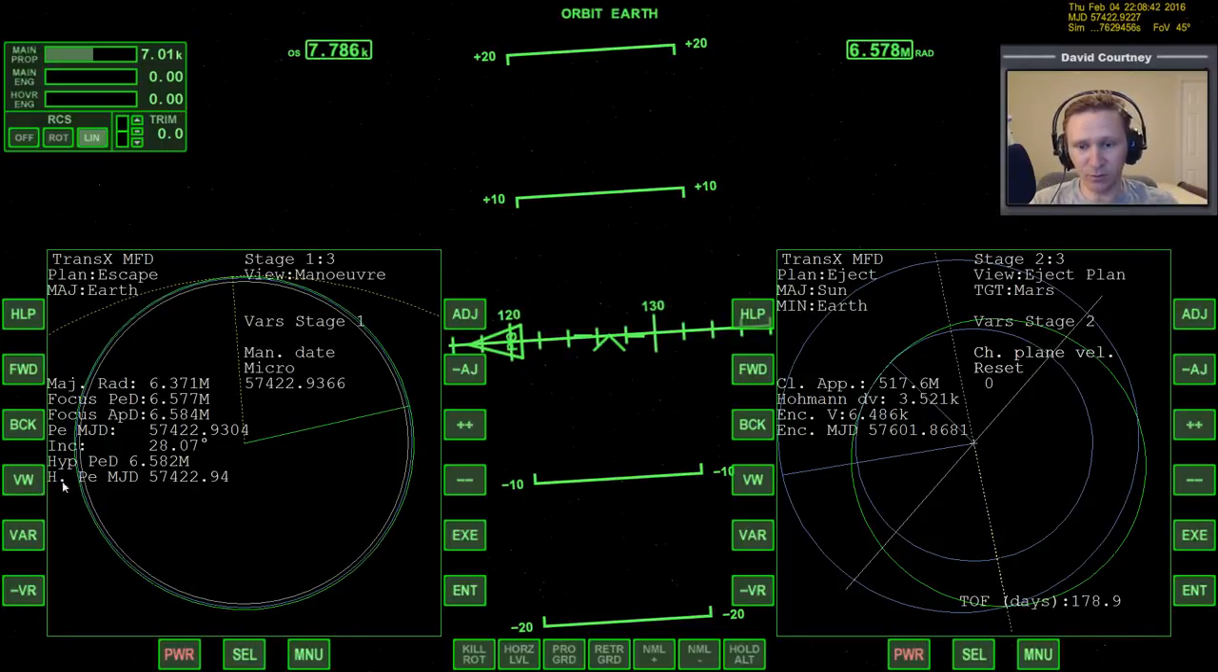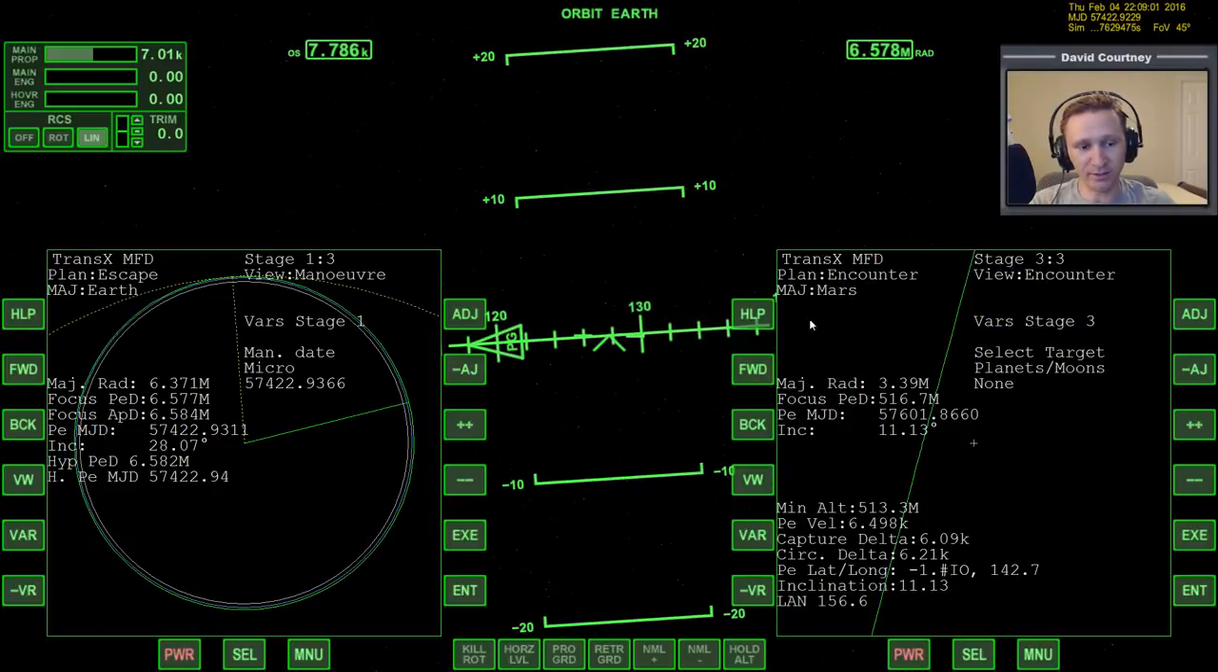And now we're going to bring up the maneuver on this side, the stage 1 maneuver, and we want to view stage 2. The actual view doesn't matter. We want to have stage 2 on this side so we can see the closest approach. Now we need to adjust our maneuver however we need to in order to bring that closest approach back down, because if we go all the way to stage 3 now and look at our encounter,